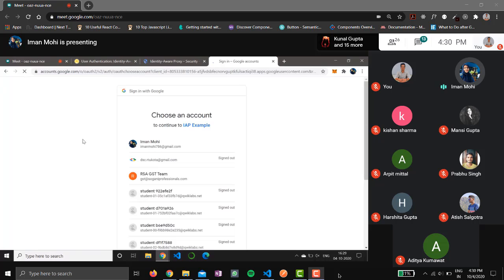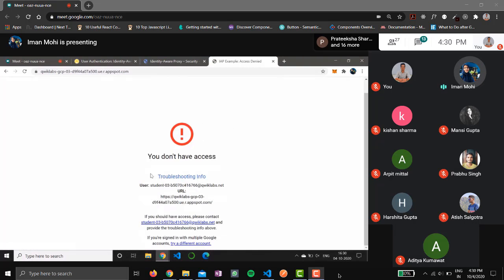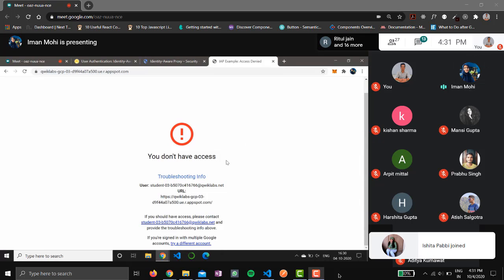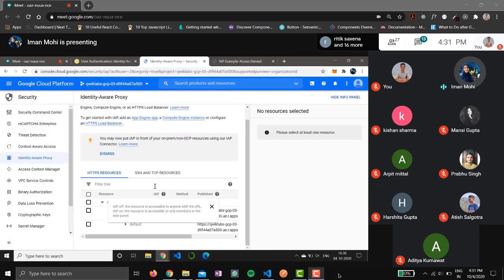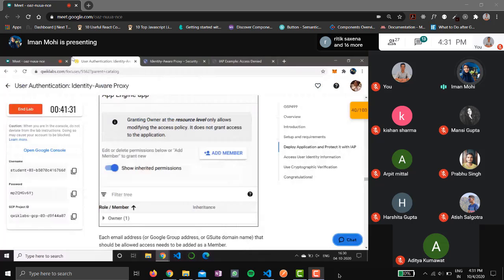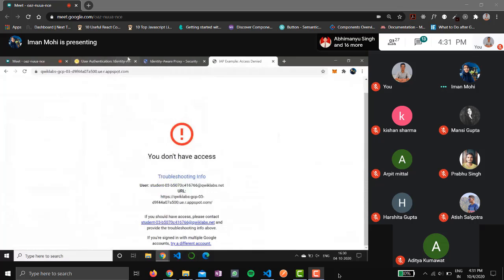Right, so I just reloaded and now it is asking me to choose an account to continue to IAP example. For example, I choose my currently logged in account. It says you don't have access because I have applied Identity-Aware Proxy. So my IAP now requires authentication from everyone who wants to access my website, right? So this way we used the Google Cloud Platform service with the IAP toggle button. So that is done. We got this You Don't Have Access message, here it is. And then